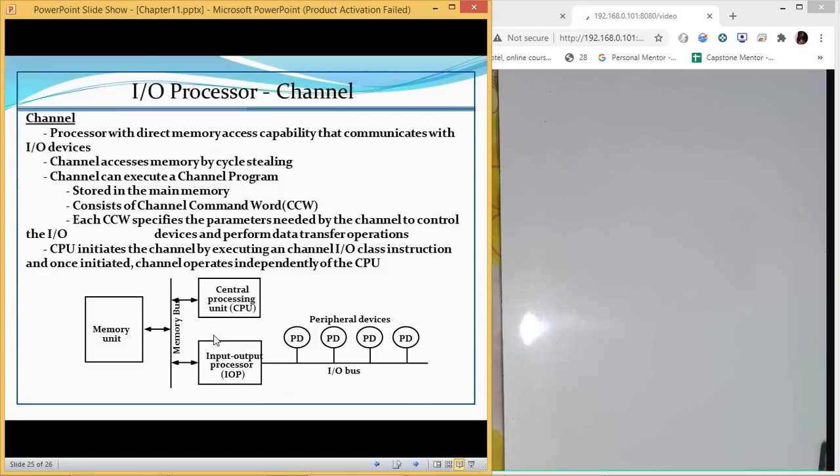That's done. That is the only work of the CPU. Once the CPU tells the channel to perform this task, the channel, or you can say the input output processor, will do that task by itself and just returns the status of whether the transfer was successful or unsuccessful.